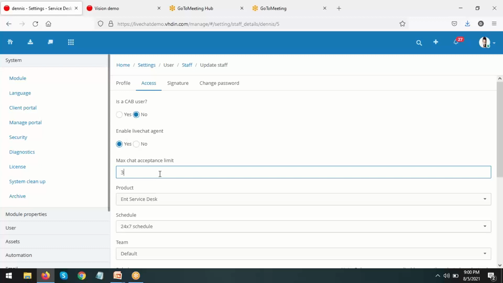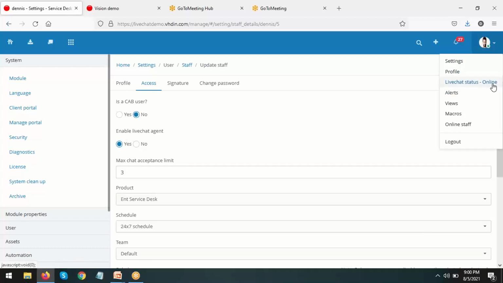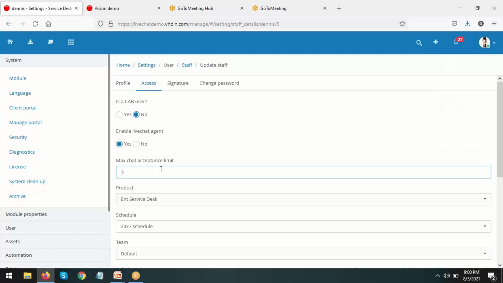After that, whenever a chat is assigned using round robin, the status of that particular staff member turns to busy. So round robin won't assign any chat to the staff members who have the status busy. It should be online. Over here, we have a setting, you can see live chat status online. So the staff who have status equal to online would be assigned the chats. And by setting this max limit, if the staff has reached the maximum limit, his status changes to busy, so no further chats are assigned. So this is how the round robin would work.